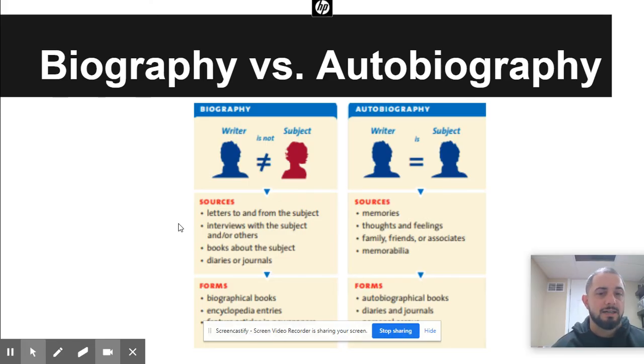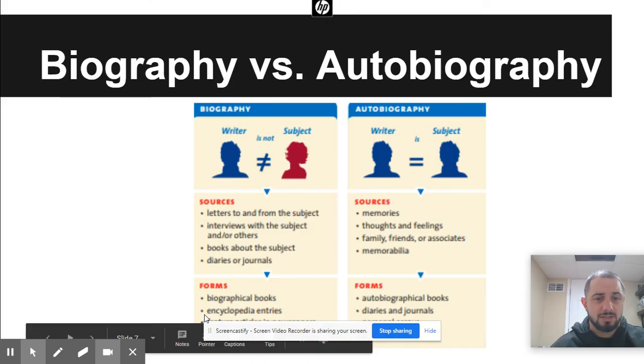They interview the subject, possibly, or others that knew the subject, and use books about the subject, and there are diaries or journals. We have biographical books that this can be in, encyclopedia entries, and many other things. If we look at the